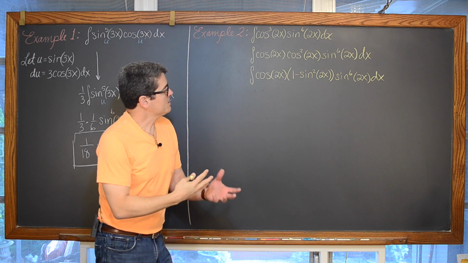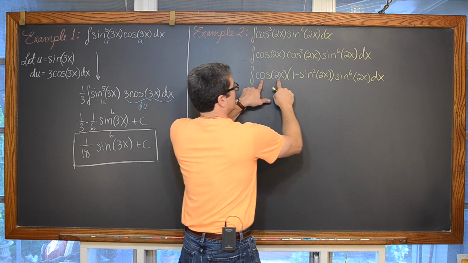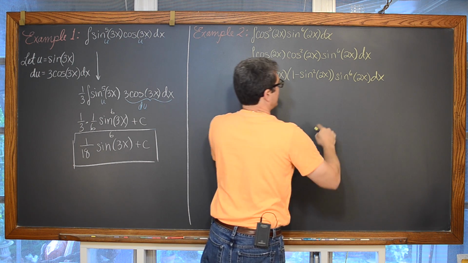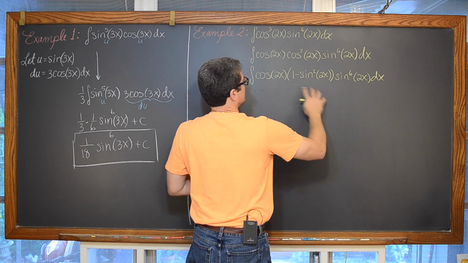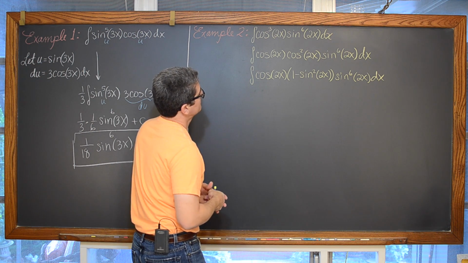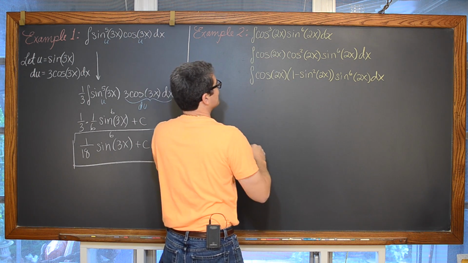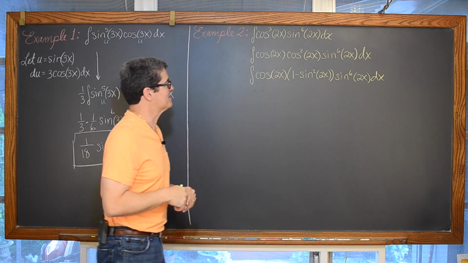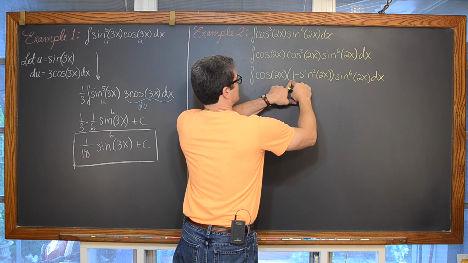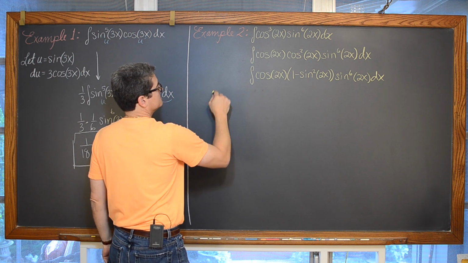Okay, now at this point what I'm going to do is take this cosine of 2x and the sine of 2x raised to the 6th power and take these factors and distribute them through these parentheses. Maybe I should have kept the cosine squared first so it'd be more easily showing this distributive property. But these two factors coming together are going to get multiplied to the 1 and then the minus sine of 2x.